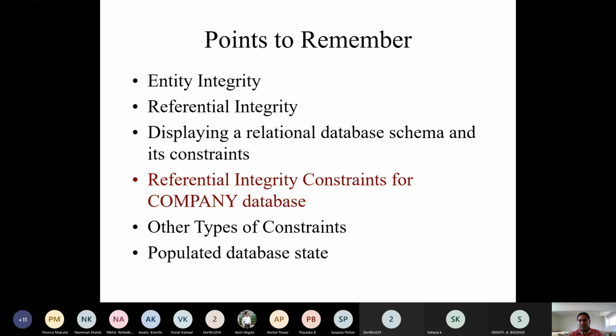So next comes the entity integrity constraint. Entity integrity constraint is the constraint for a specific table or a specific relation.